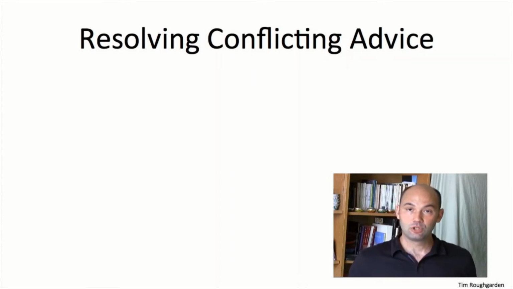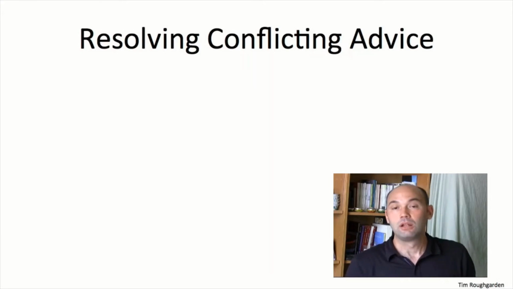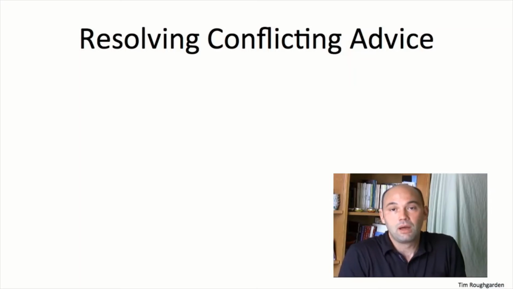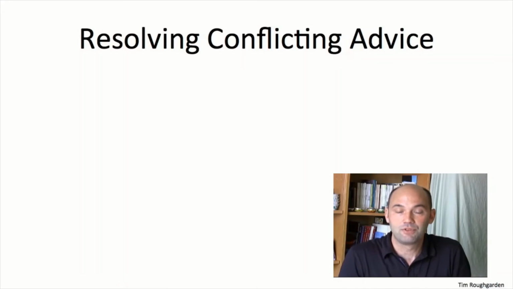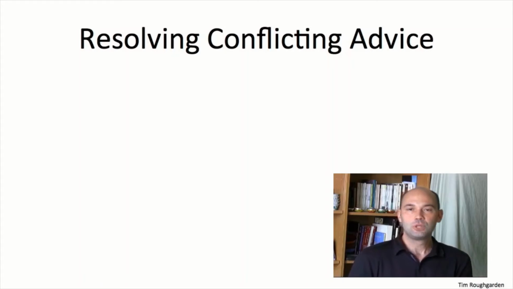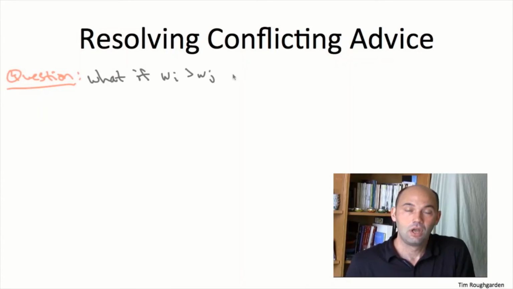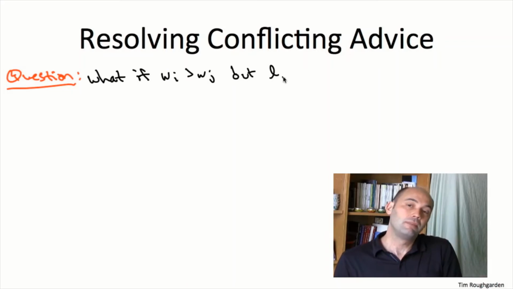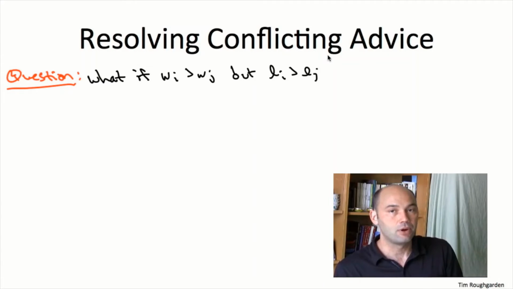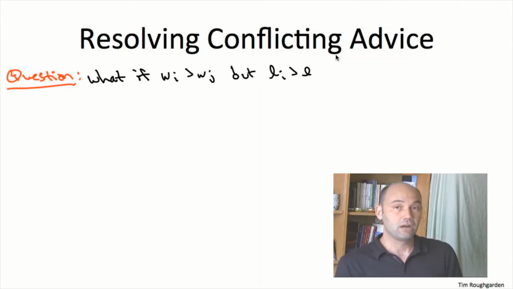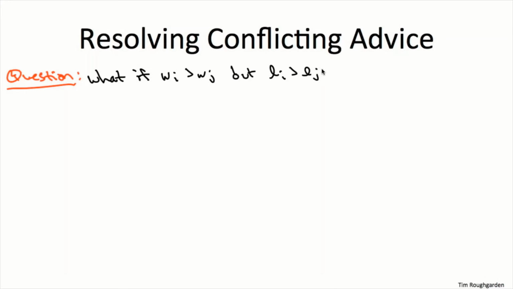So suppose all of the weights are different and all of the lengths are different. Well, if we have 2 jobs and both of these rules of thumb give us the same advice, we're good. If there's one job which is both higher weight and smaller than another job, then clearly that job should go first. But what if our 2 rules of thumb, to prefer high weight jobs and to prefer small jobs, give us conflicting advice? What if we have a pair of jobs where one of them is, on the one hand, higher weight, higher priority, but on the other hand, bigger than the other one? Which one should go first?